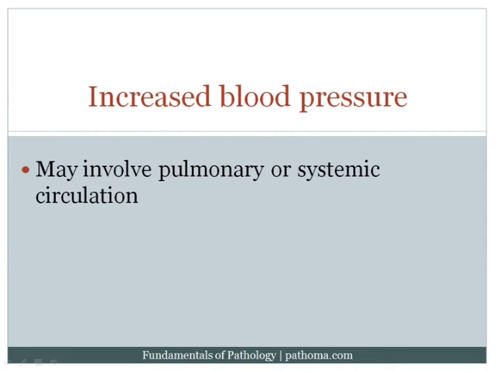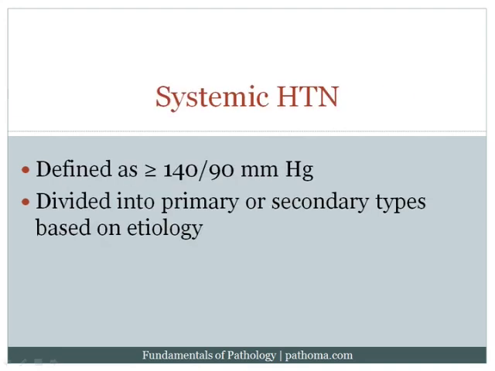So at this particular point, we're focused on the systemic circuit, and we're talking about systemic hypertension or systemic high blood pressure. Now, systemic hypertension is defined as blood pressure greater than 140/90. This definition changes on occasion, but it's a pretty good baseline number to be familiar with. With this number we can define about 25% of the U.S. population as hypertensive. Recall that the normal blood pressure is less than 120/80, and so if anyone's greater than 140/90, we would then classify them as hypertension.